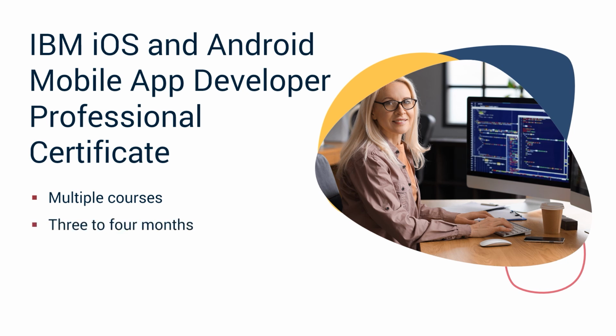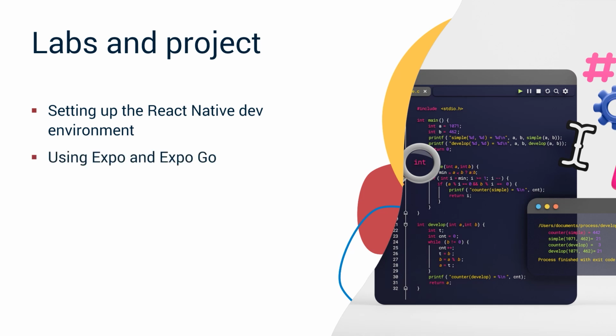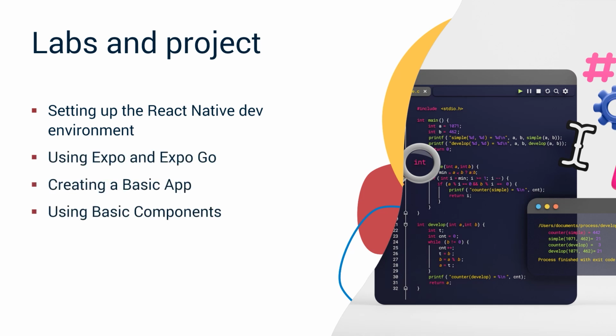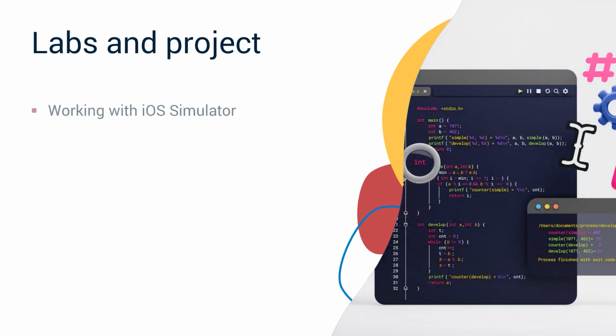Depending on your schedule and the number of courses you take, you can complete this professional certificate in about 3 to 4 months. This course included several hands-on labs, a practice project, and a final project. By completing the labs, you gained practical exposure to the following topics: setting up the React Native dev environment, using Expo and Expo Go, creating a basic app, using basic components, using navigation components, working with Android emulator, working with iOS